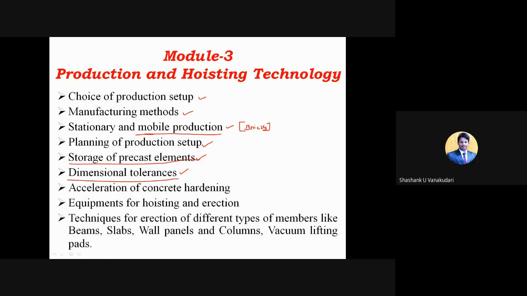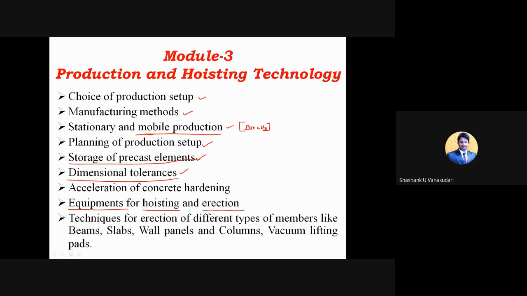And then equipments for hoisting and erection. Different types of equipments are used for the hoisting and erection process. The types are related to height, working radius, weight of the structural members, and even the dimensions of the structural members.